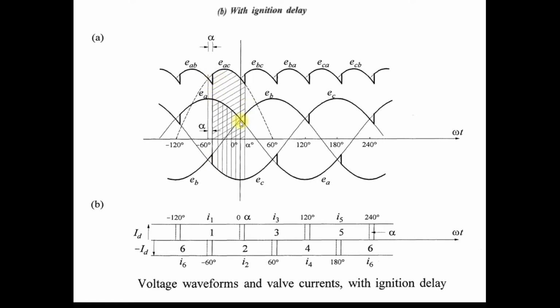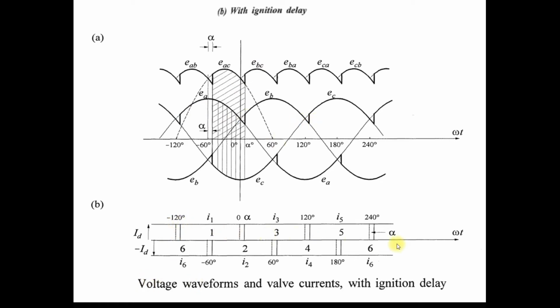Once your EA phase stops, meaning valve number 1 stops conducting, at that time the EAC phase becomes 0. At this point valve number 1 stops conducting, because the next phase EB, valve number 3, starts conducting from this alpha. Clear? Up to this point your valve 1 is conducting, so you get the EAC phase from this point to this point. Clear? Same way for the next line to line voltages. Clear? So this is a line to line voltage, and this is a line to neutral voltage, or you can say phase voltage.